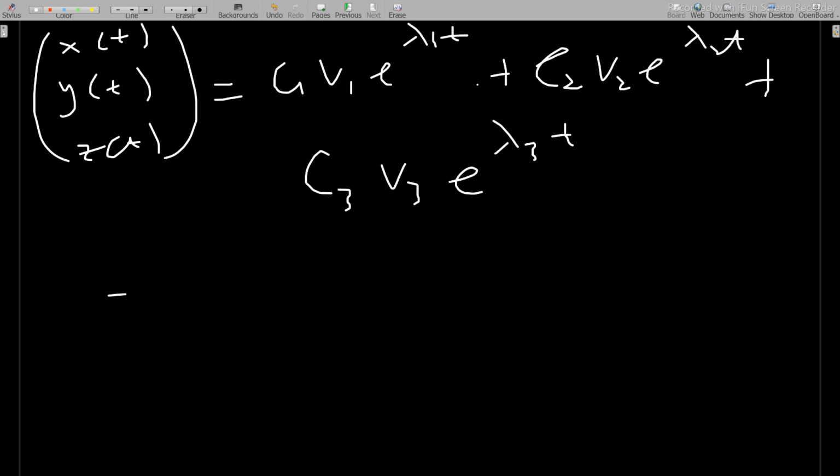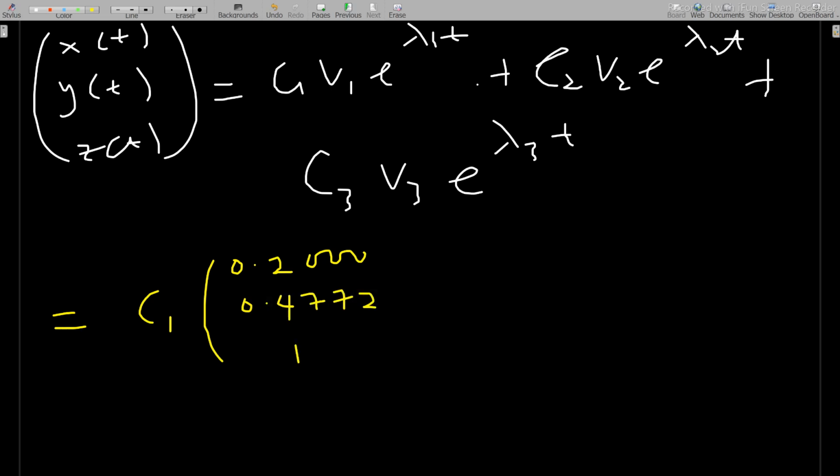So the solution would then be equal to c1, then my v1 is what? You go to your v1, which is equal to 0, 0.2000 and 0.47721, then e to the lambda 1, which is 2.236 t, plus,